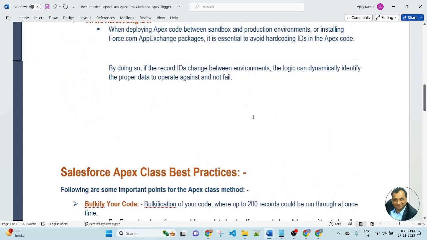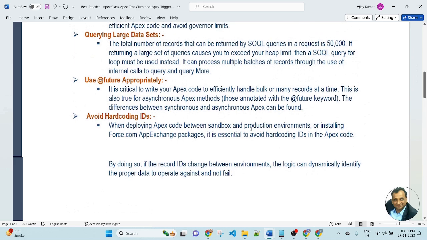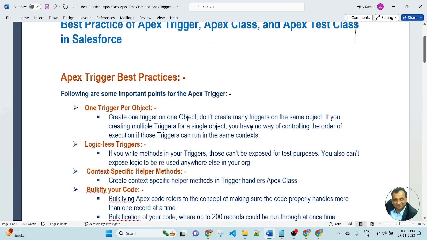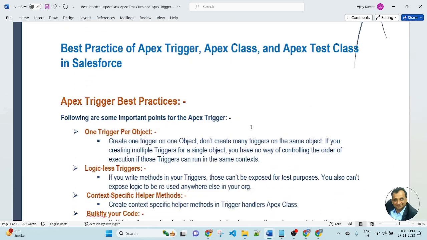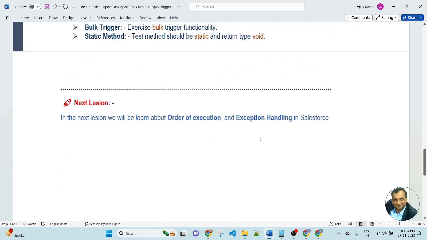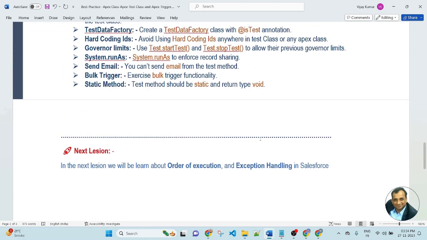If you are writing an Apex class, an Apex trigger and a test class in Salesforce, keep these important points in mind and always follow them. In the next lesson, we will learn about order of execution and exception handling in Salesforce. So let's see you in the next lesson.